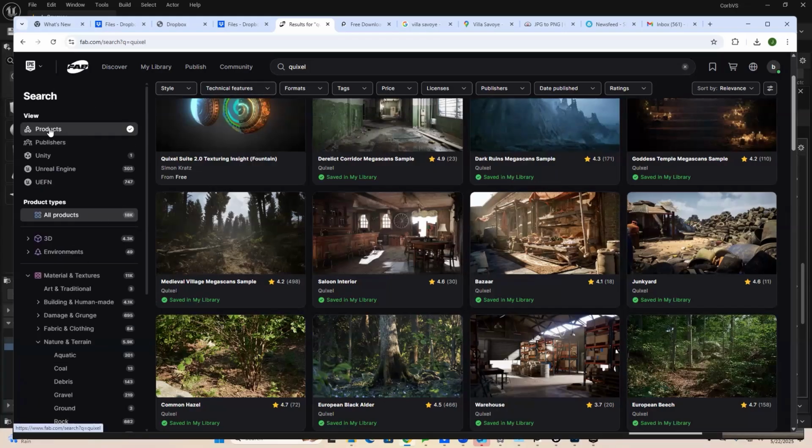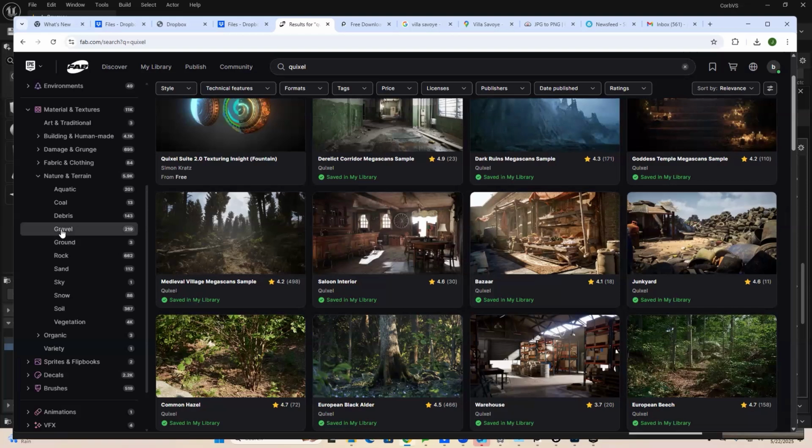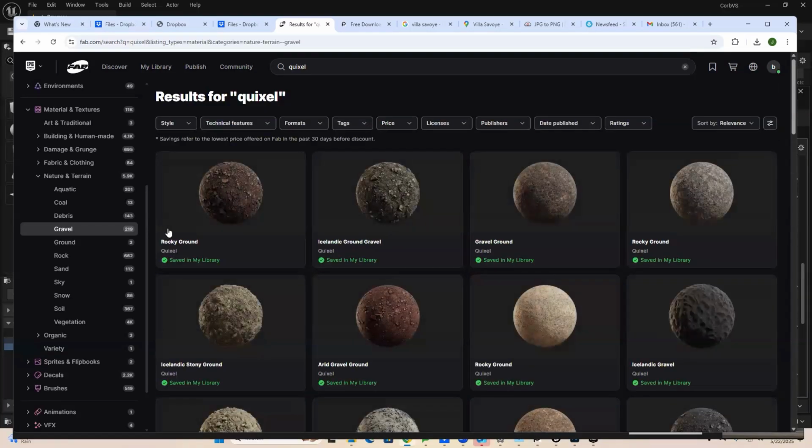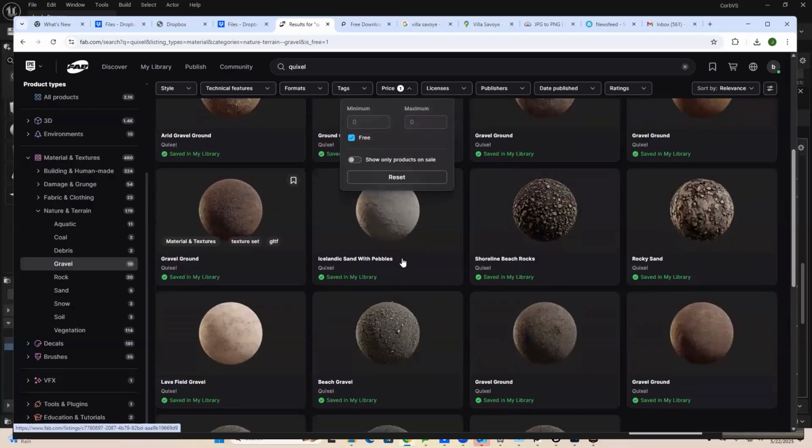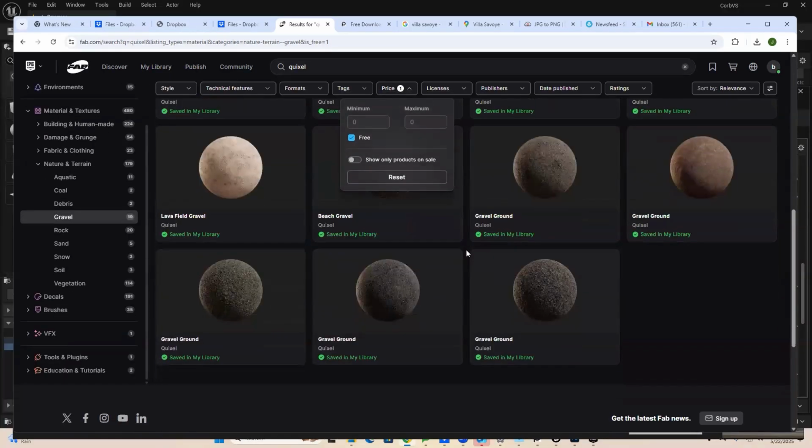So make sure you have products highlighted, all products. Type Quixel in the search bar, and then click on gravel, and select free. And I've got some stuff saved, but